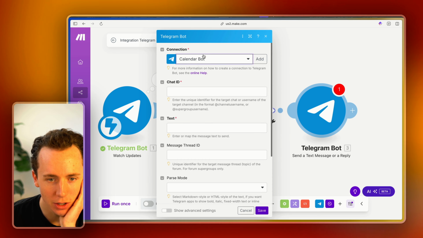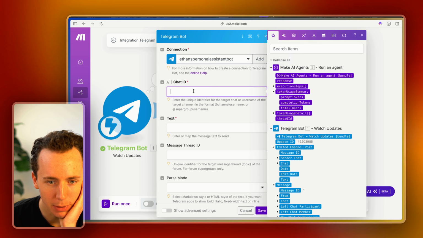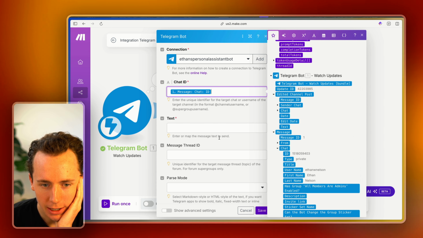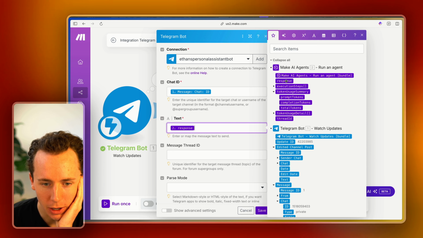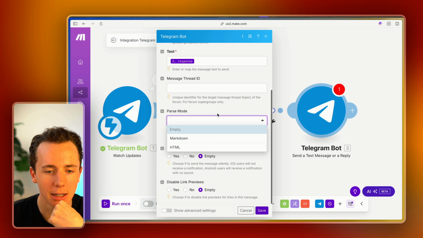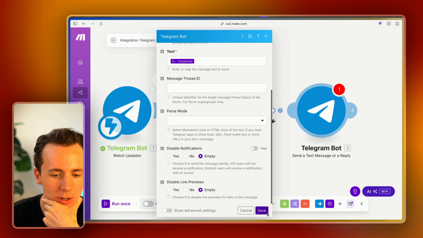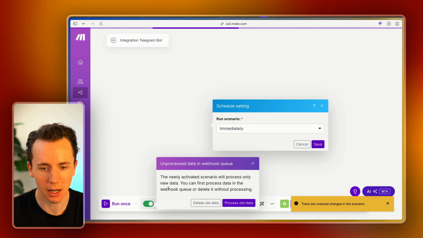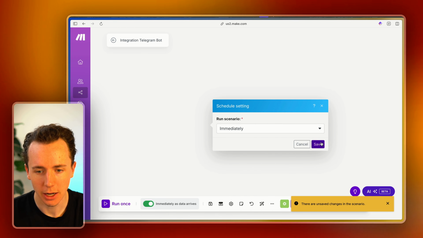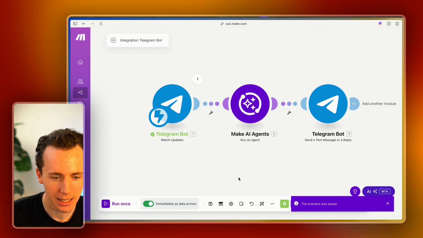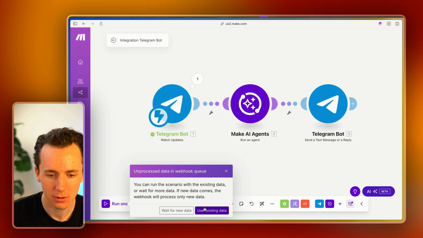response from this agent. So I'm going to use the personal assistant bot. The chat ID is here, chat ID. The text is going to be the response up here. And we're just going to click save now. So now the basic infrastructure of the bot is built out. And so what I can do is I can just click save here. And now we can see that if I run this,